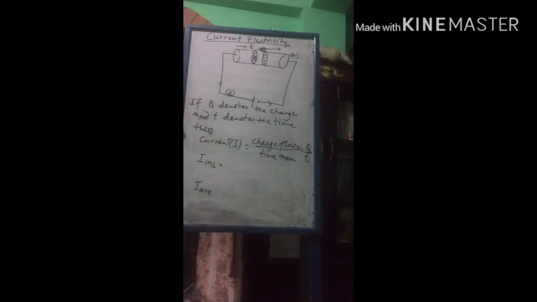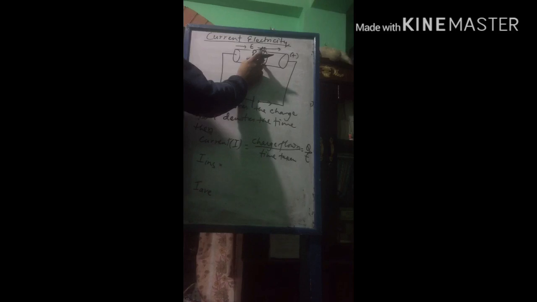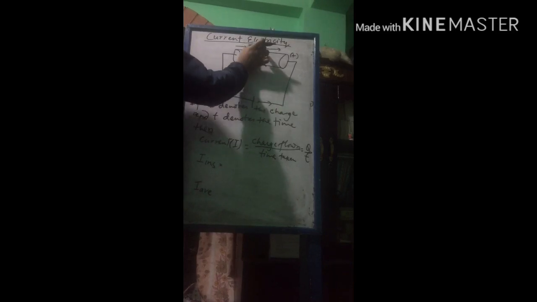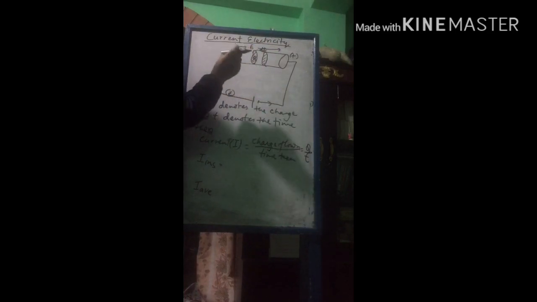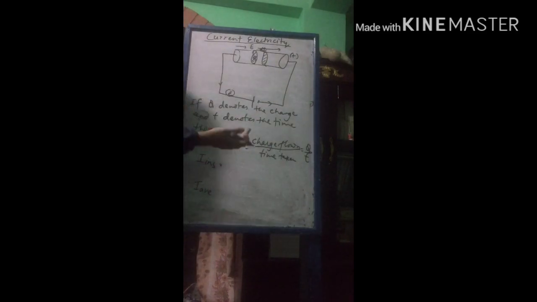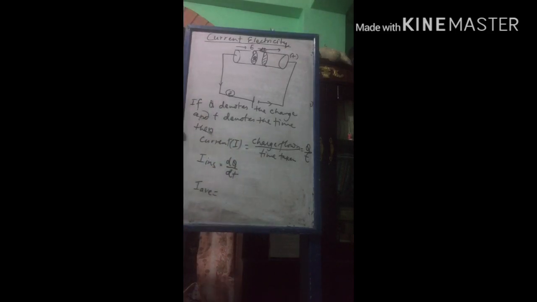Instantaneous current can be obtained. What is instantaneous current? Current is the charge flown in a certain time interval dt. For a small time dt, how much charge has been flown, that is the instantaneous current. So it can be given as dq upon dt,